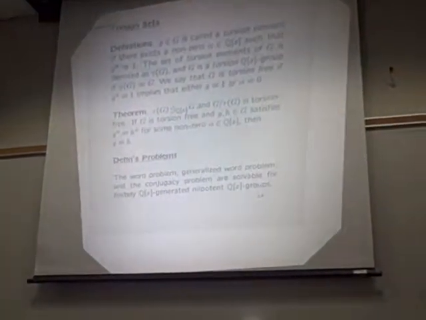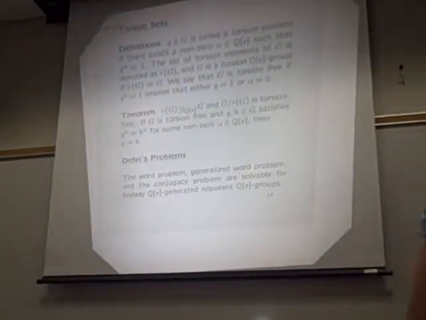That's the word problem. And the conjugacy problem is, given again a finitely presented group, you take two elements, can you tell whether or not they are conjugate, that there's some element that conjugates one element to give you the other, U and V. And the isomorphism problem: you're given two finite presentations. Can you tell whether or not these groups are isomorphic? So this really kind of drives the research in that field.